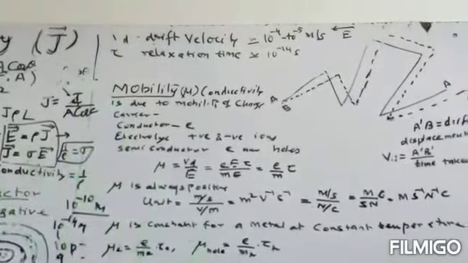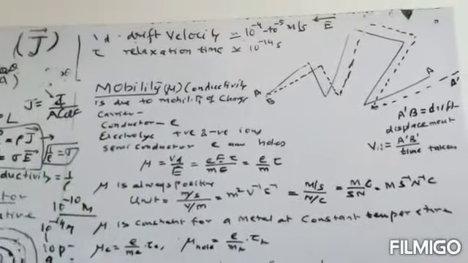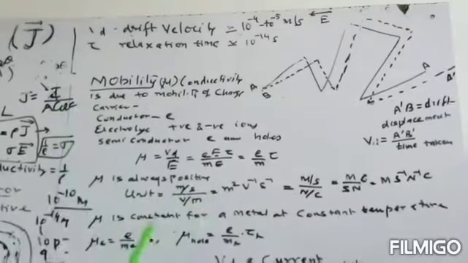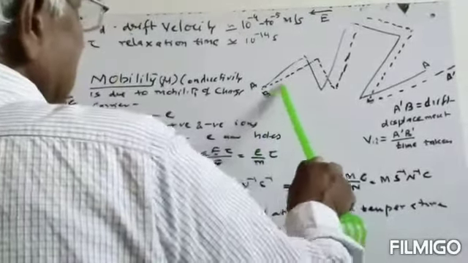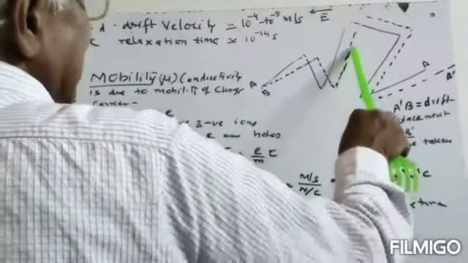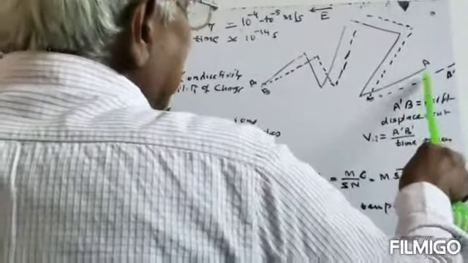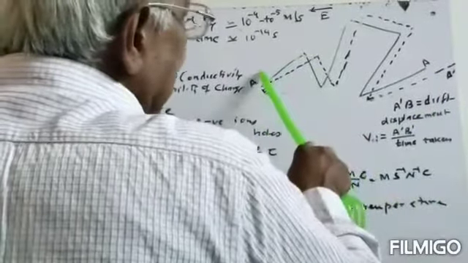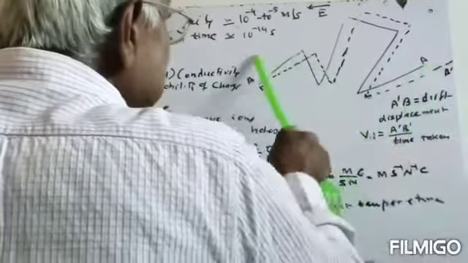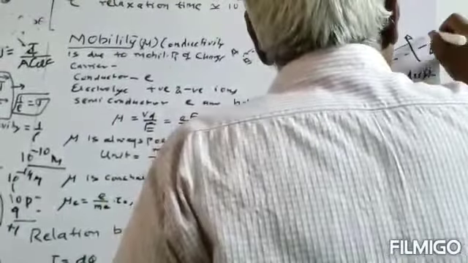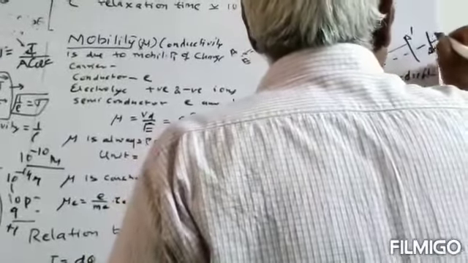Now if we apply the electric field, then the electron will drift in the opposite direction of the electric field, and its path is shown by the dashes. There is a collision here, then here, then here, then here, and here. Without the electric field, it reaches here, and in the presence of the electric field, this electron reaches B dash. Then this distance A dash to B dash is known as the drift displacement.